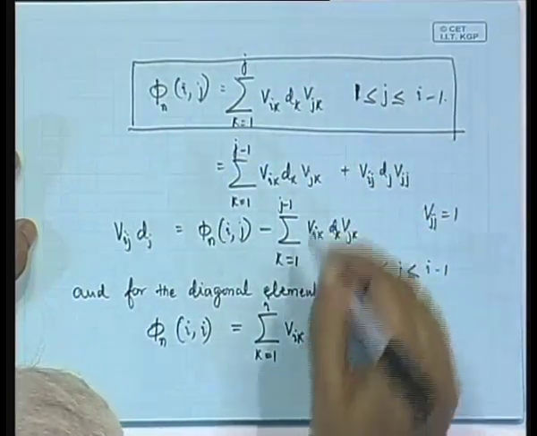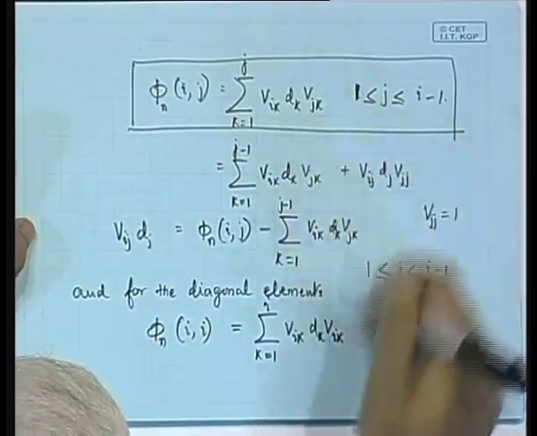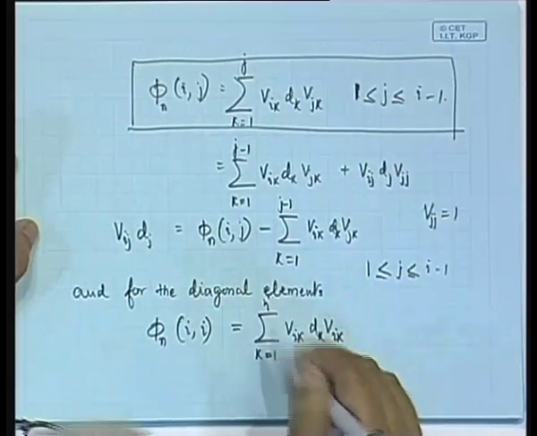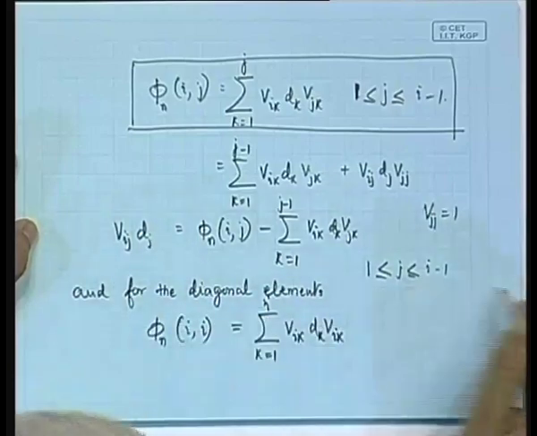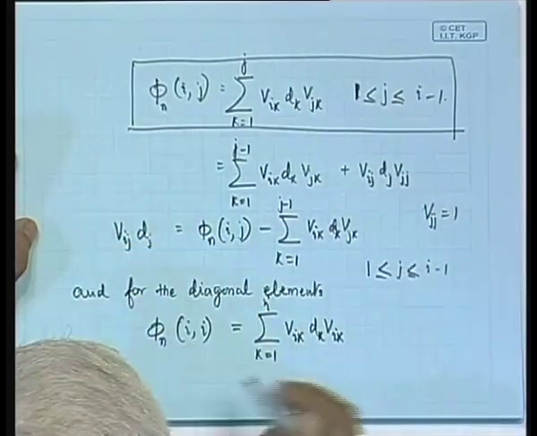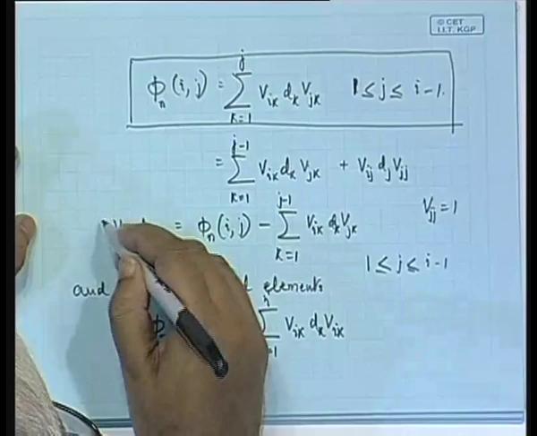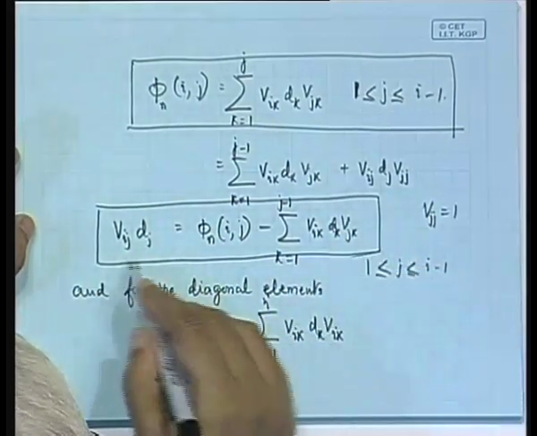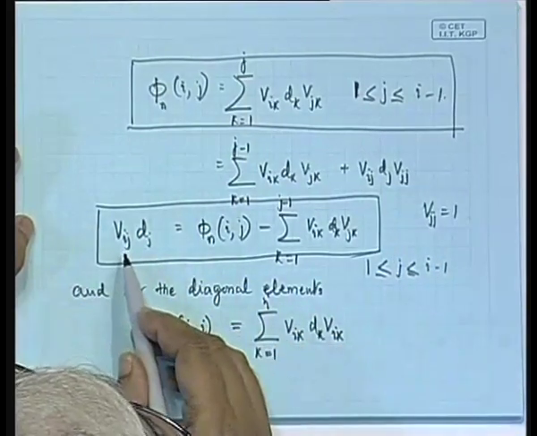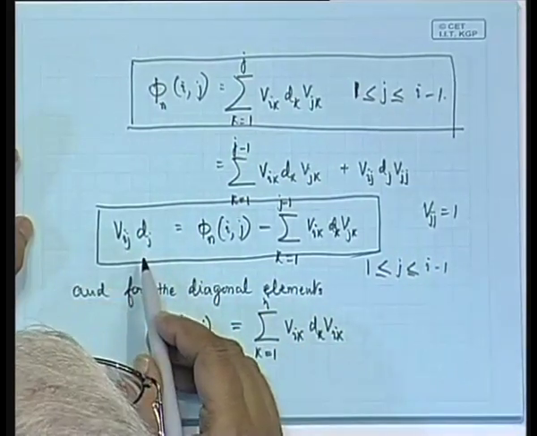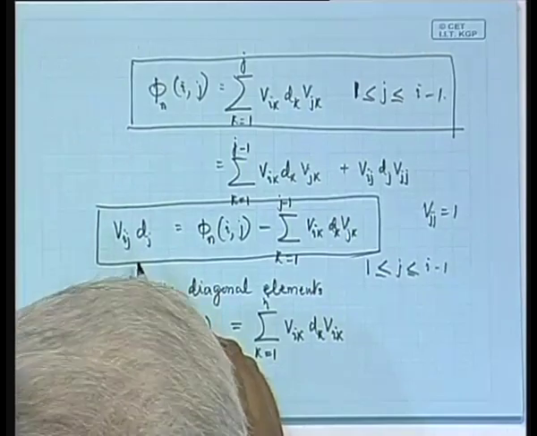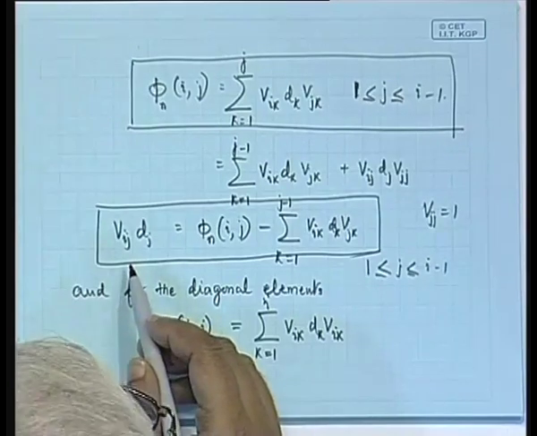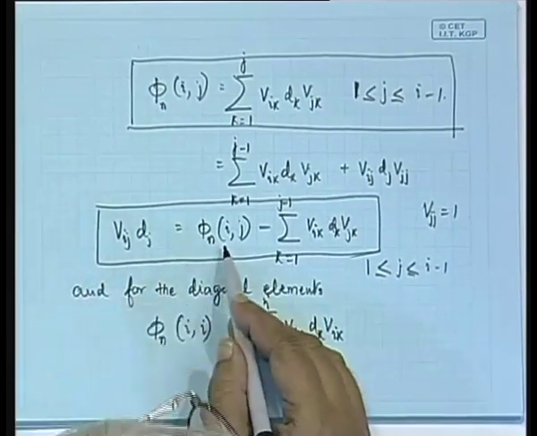So having that, Vik remains same, dk remains same, Vjk becomes Vik, and the index of summation becomes k is equal to 1 to I. Or equivalently, from this expression, if we take this one, then it becomes Vii into di, Vii is 1. So then we can write the left hand side as di, and di becomes equal to phi n